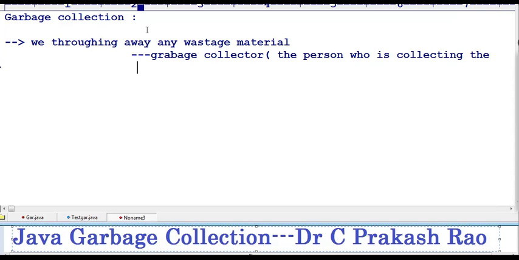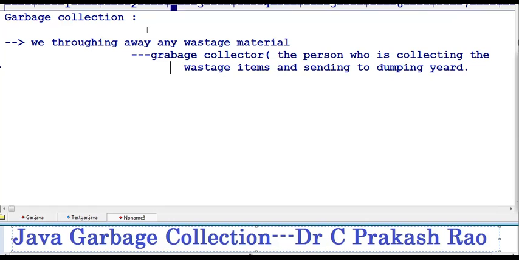the wastage items and sending them to the dumping yard. The responsibility of the garbage collector is to gather all these wastage items. In the same way, in Java also,